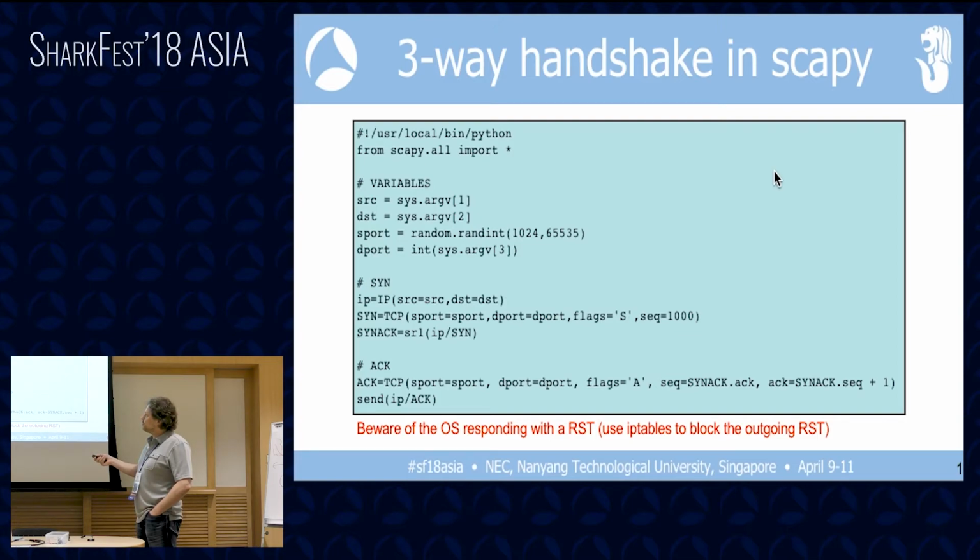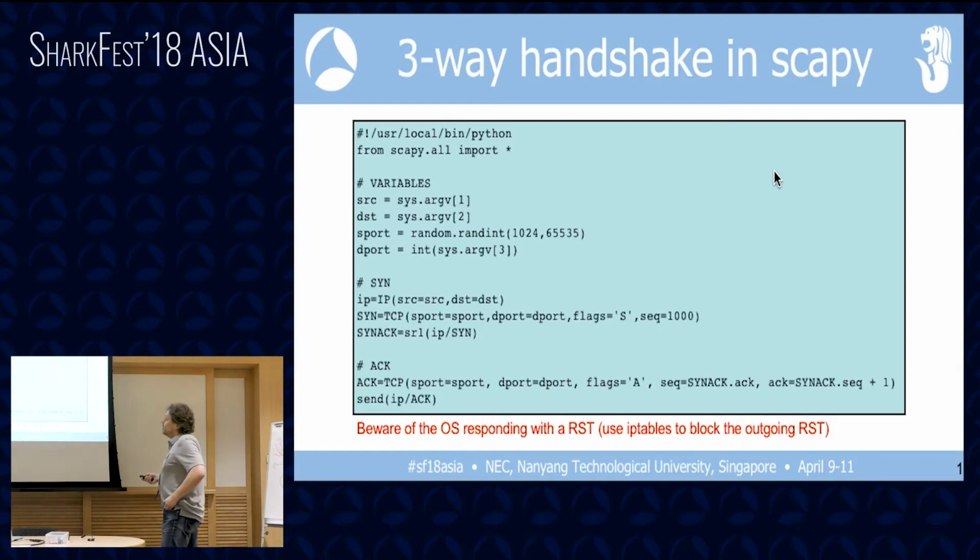And the SR1 means send, receive 1. So it sends out one packet, and it waits to receive a response packet that matches the session. That is being kept in the SYNACK, so I can read from the SYNACK. What I do here is my sequence will be the acknowledgement number from the SYNACK, because that's the next expected sequence number. Then my acknowledgement number is actually the sequence number plus 1, the phantom byte, and I set the flag with an A, the acknowledgement flag. Of course, the ports need to be set as well, and I send my last ACK. That's the three-way handshake,